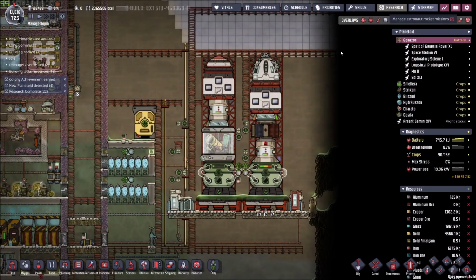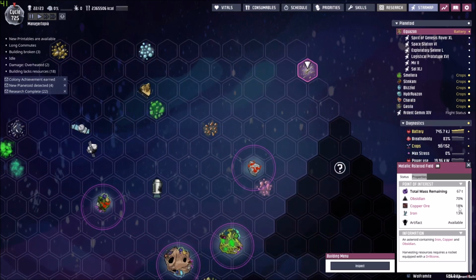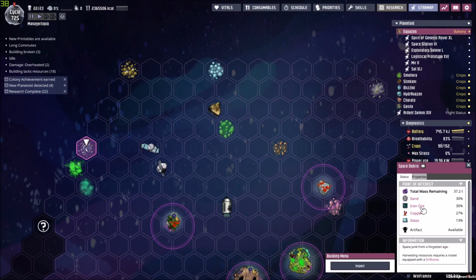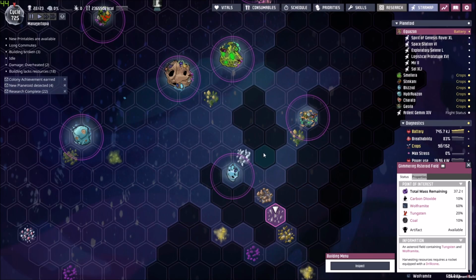No, we're not going in there. Should we go to the metallic asteroid field to get copper? It's kind of garbage. In here we can get glass, iron ore, and sand, and a little bit of molten copper. No. How would we deal with that? If we are to go get any liquid things, I believe wolframite and tungsten would be the best. 60% wolframite, 20% tungsten. We are getting 80% of the materials